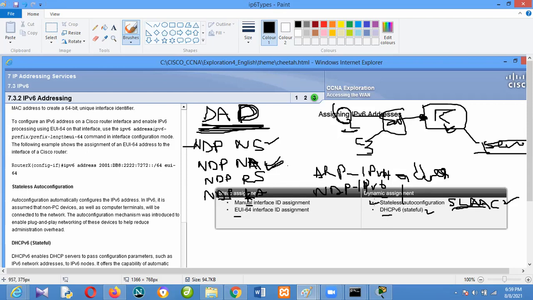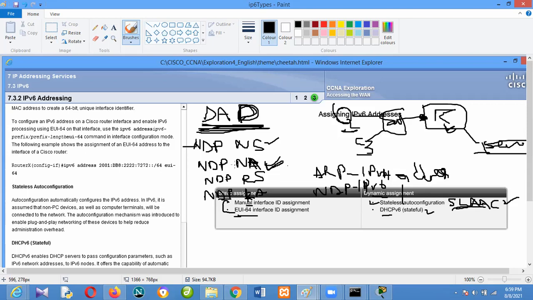So that's that for dynamic IP address assignment, SLAAC and stateful DHCP. Then for static assignment, it's just the normal manual way of assigning an IP address. You can assign it manually or using this method. For your CCNA, Cisco majors in the use of IPv6 addresses in routers.